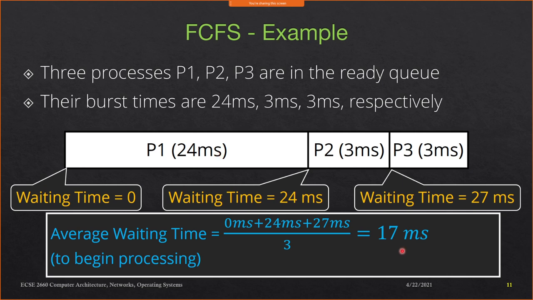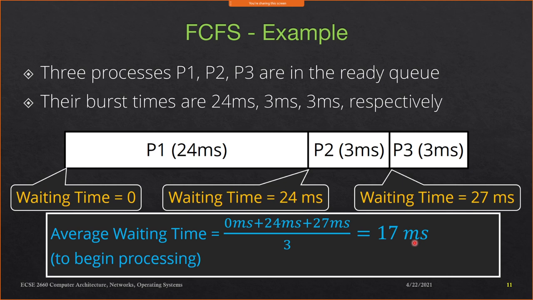Because P2 needs to wait 0. P3 would need to wait only 3 milliseconds, and then P1 would only need to wait for 6 milliseconds. So the average of 0, 3, and 6 is going to be what? 3 milliseconds. So we go down from 17 milliseconds to 3 milliseconds